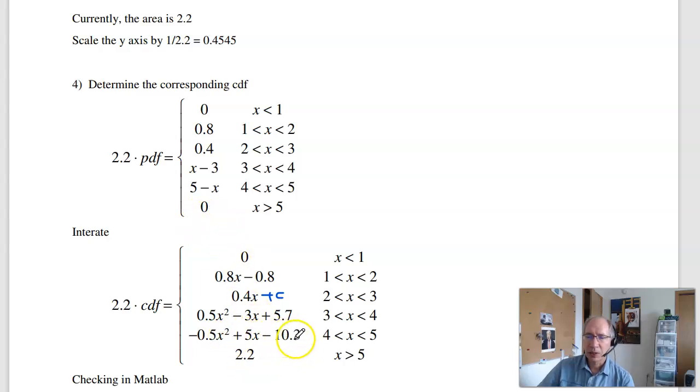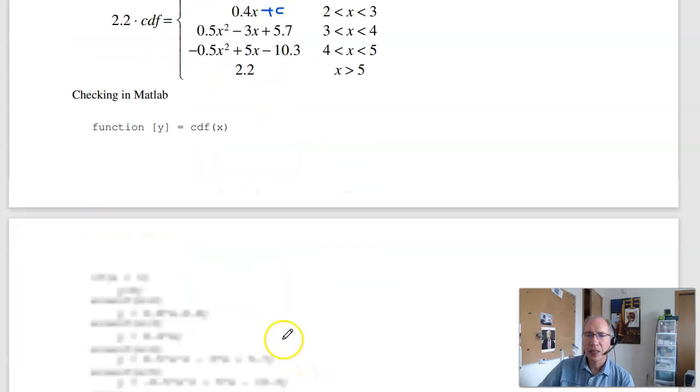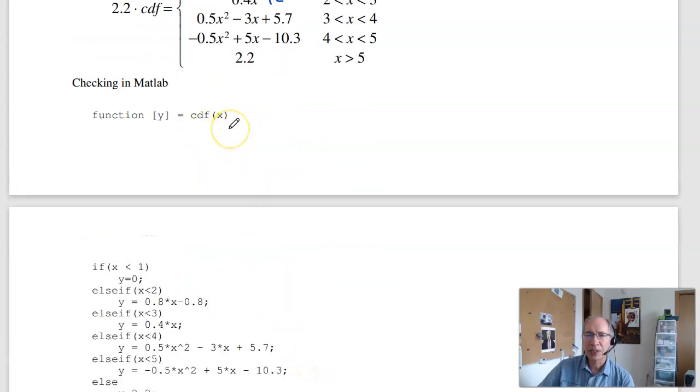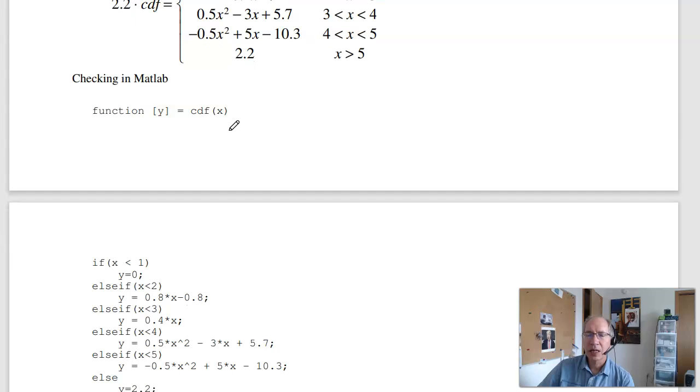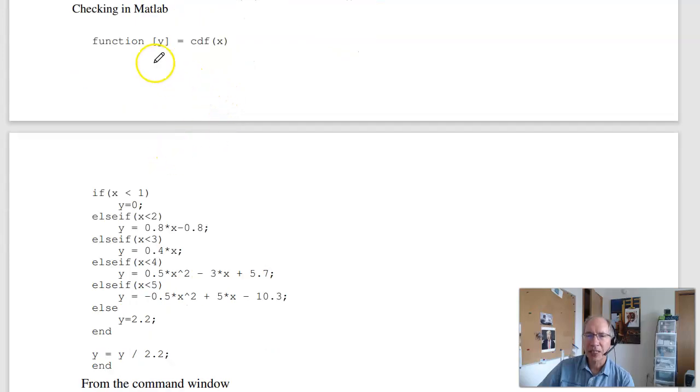This goes up to 2.2 at the end. When divided by 2.2 it goes to 1. This has to match, so it's 2.2 divided by 2.2. It's 1 for x greater than 5. Checking in MATLAB, I create a function called CDF. I'll have a bunch of if statements. I'll pass x and return